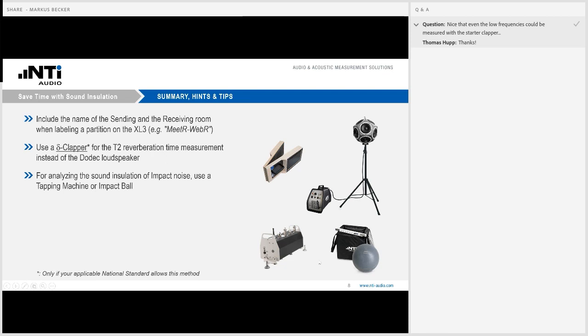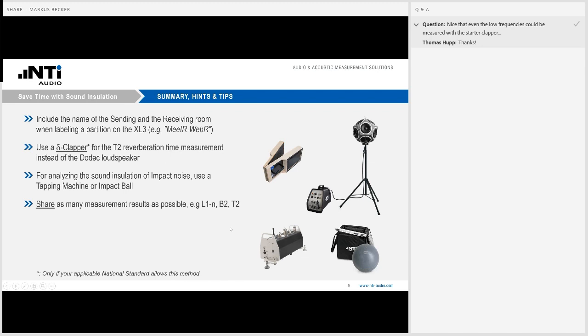And if you have ever listened to a tapping machine, I guess you know that this creates a very loud, clear noise that can be measured much easier. But as I said, in wooden buildings, the impact ball is a very nice choice.